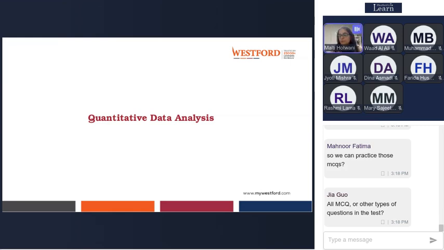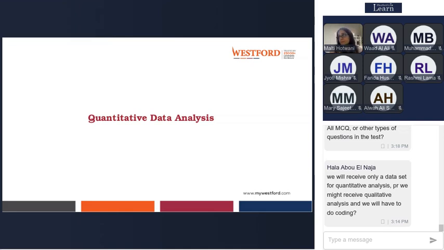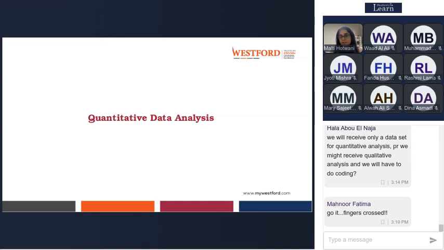Yes, you can practice those MCQs. You can go through our slides because the content remains the same. We don't have any difference in content, so don't worry about it. You will get to know as soon as possible. We'll try our best. They had said that they'll come back to us. Maybe the talks have already begun between the teams.